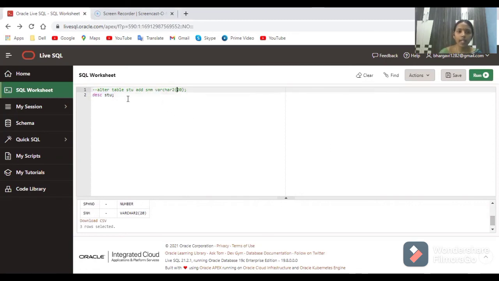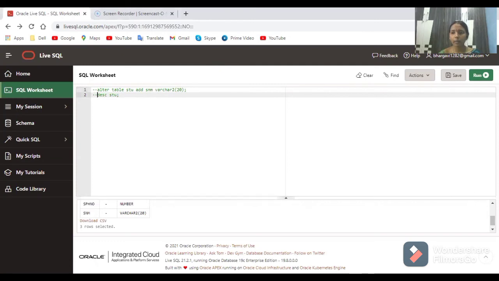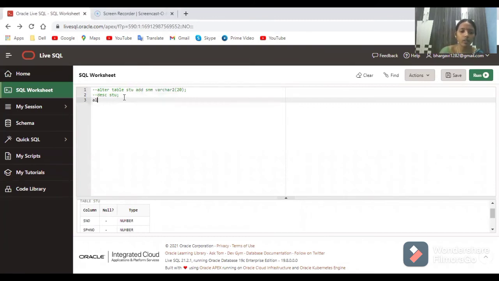Now I want to add a constraint. Constraint is nothing but a primary key. I want to add it to the student number. That means I am going to add a condition to the student number. So to add a constraint, we have alter table, table name. So what table name do you have? Student is your table name.